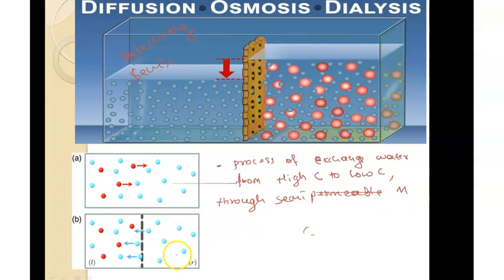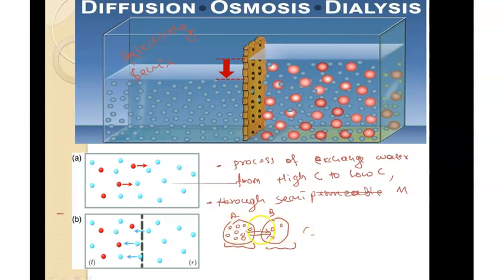These are the two important points you should remember. And this exchange can happen between, let's say, the cells. Here I have two cells, cell A and cell B. Here I have a very high amount of water particles, and here I have a less amount of water particles. Then water will start moving from cell A to cell B. Why? Because this is my high concentration region and this is low concentration region, so water will move from higher concentration region to lower concentration.